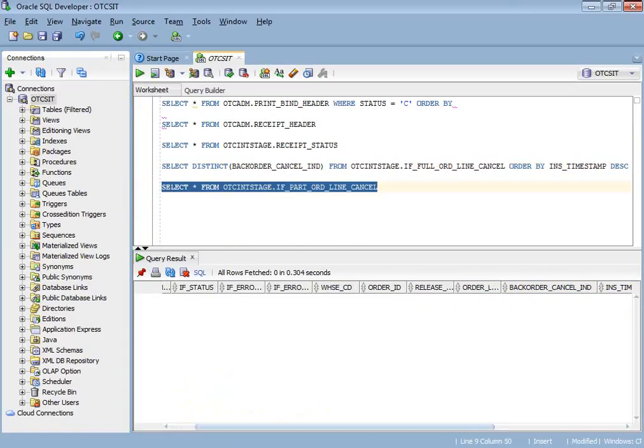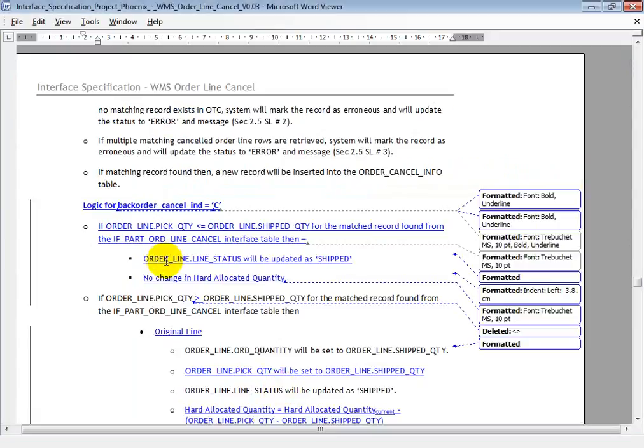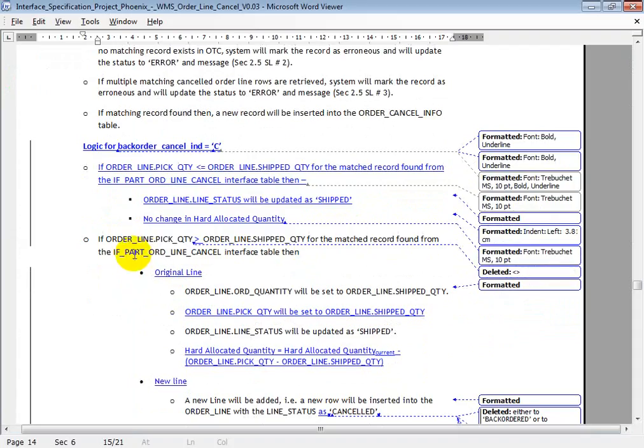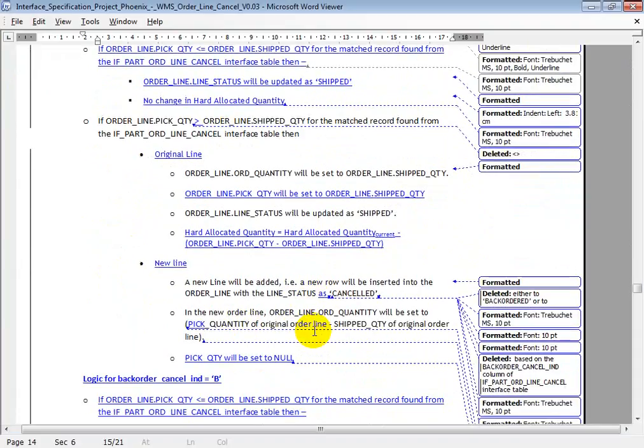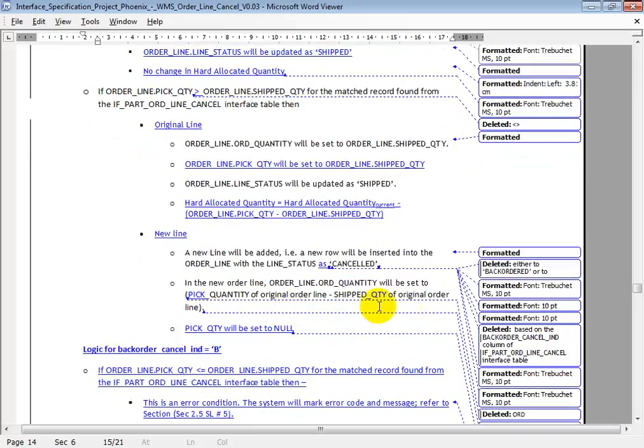Here also you have an indicator. So for the logic, if the backorder cancellation indicator is C, then the requirement is cancelled.